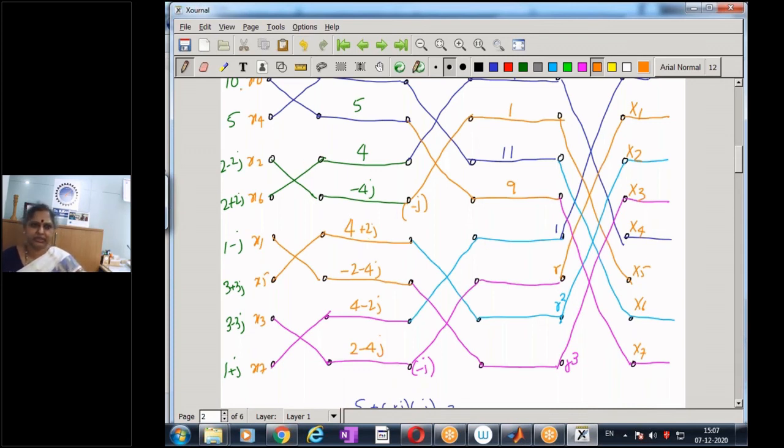Yeah. So now let me add up here. Here I'm going to get 4 plus 2j and 4 minus 2j. So 4 plus 4, when I add it, I get 8. And here when I take the subtraction, this minus this, I'm going to get 2j minus of minus, so that is going to give me 4j.